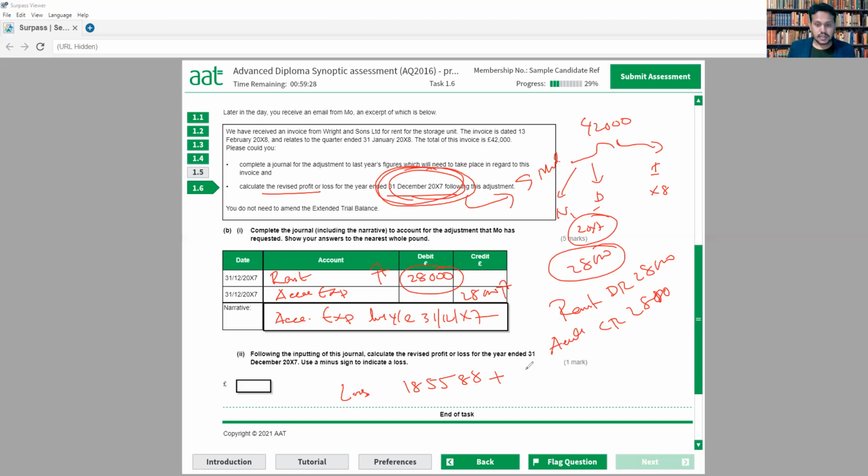So we already have some loss. Now we're going to add 28,000 more expense, and that will give us the new loss. That will be 213588. And they said use the minus sign if it is loss. So you're going to put the minus: minus 213588. That's it. I think we understand this question is not very difficult, but as this is the first synoptic assessment